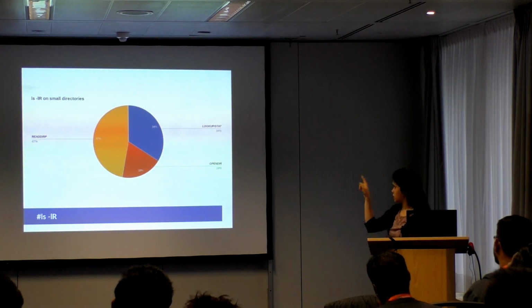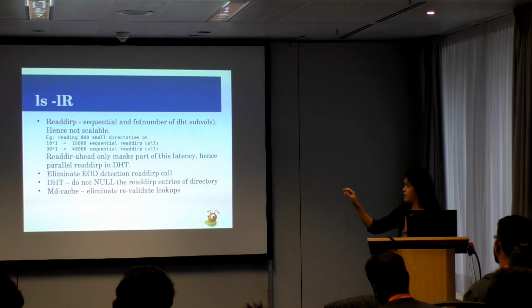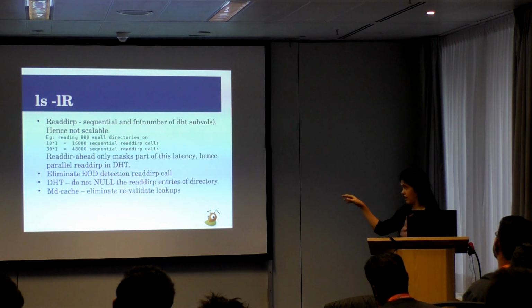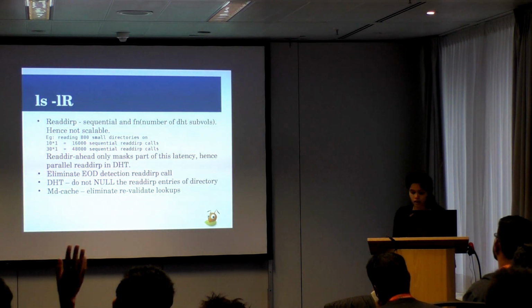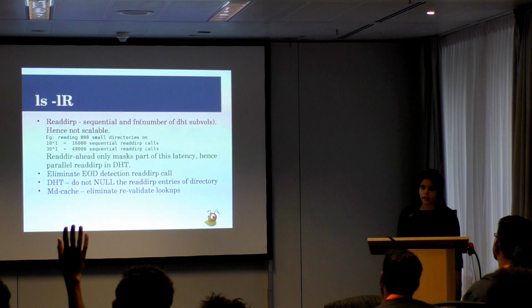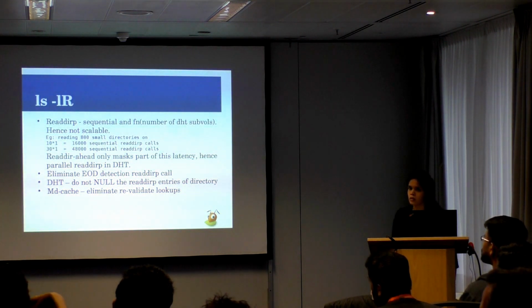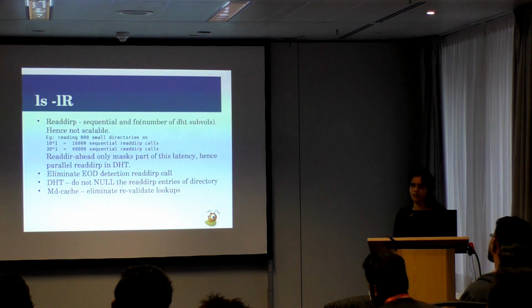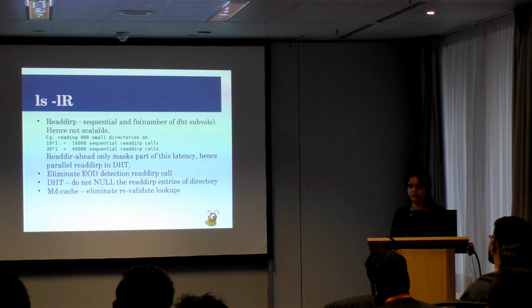So if we can eliminate where DHT nulls every read-repeat entry of a directory, that's also a good improvement in performance. The null of read-repeat is basically setting the inode as null. That means it's like telling fuse that I don't have the stat for this, and you have to explicitly send the lookup for this directory. Basically, for all the directories, we do that.